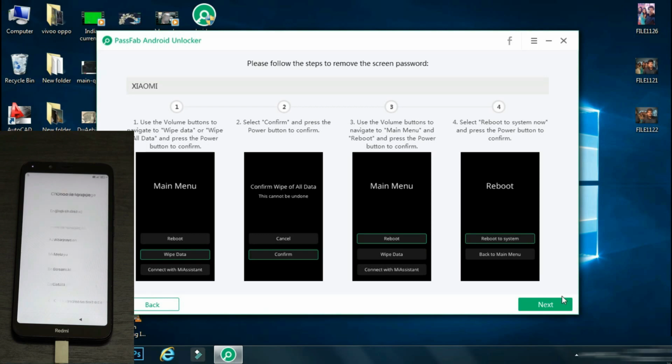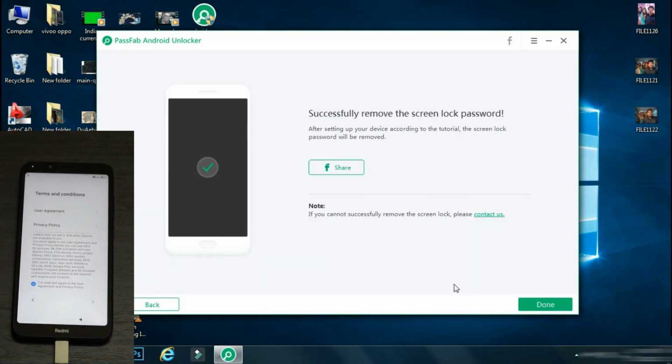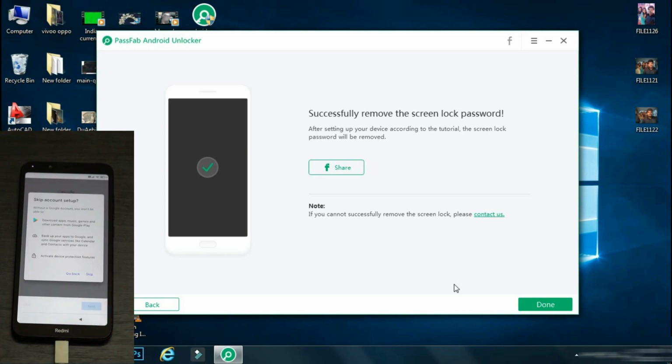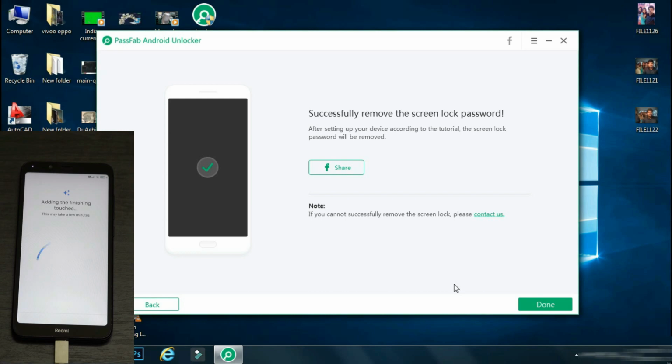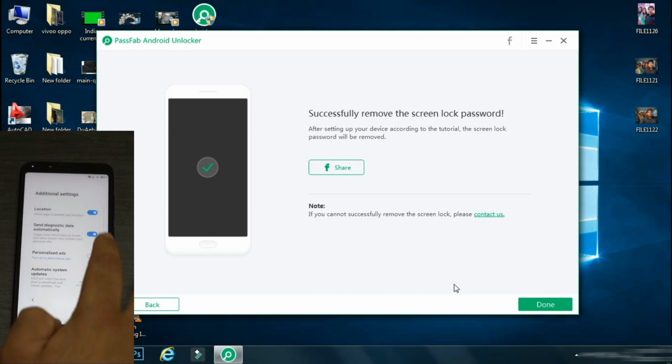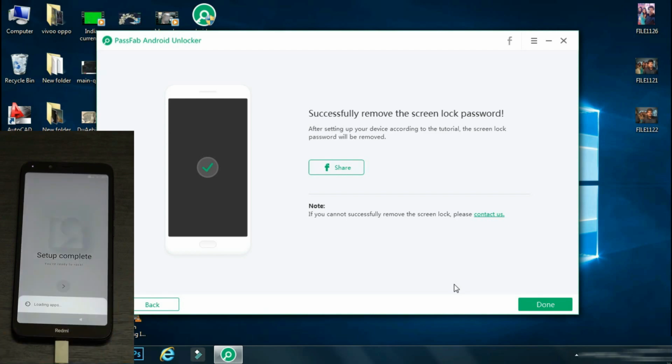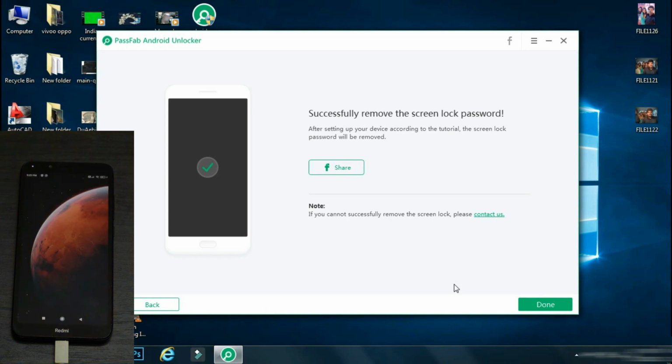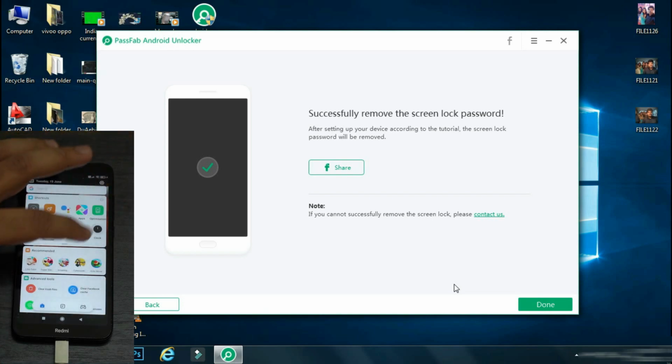Now you just need to set up your device by the regular method, and if you have backed up your device earlier on the cloud, you can restore it once your phone has started. So you will not lose any important data. But keep one thing in mind that some phones may have different interface for the recovery, and although the procedure will be same on all the phones, just the looks of the menu may vary. Don't forget to follow the on-screen instructions to avoid any mistake, as if you select any other wrong option, it may delete the partition or operating system of your phone and you will land up in a big trouble.